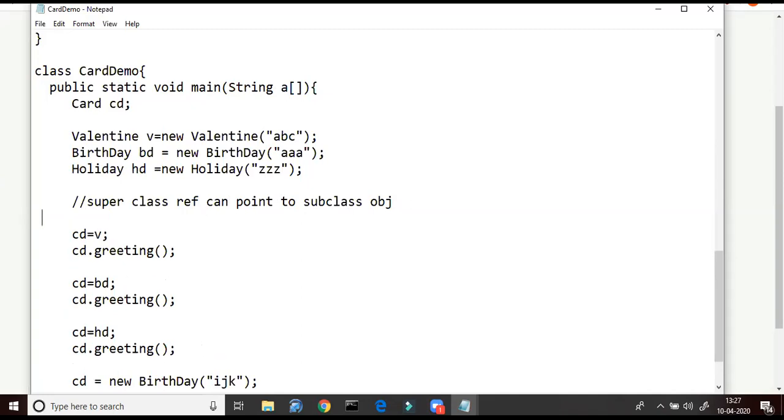In our case, CD is a superclass reference. What is the superclass? Card. And V is a subclass object. What is the subclass? The subclass is Valentine.